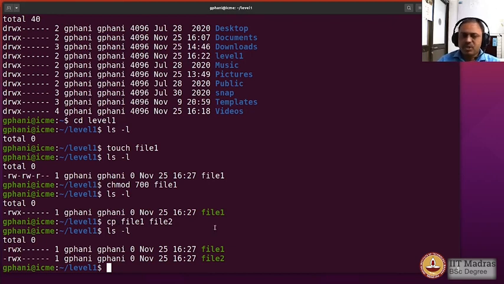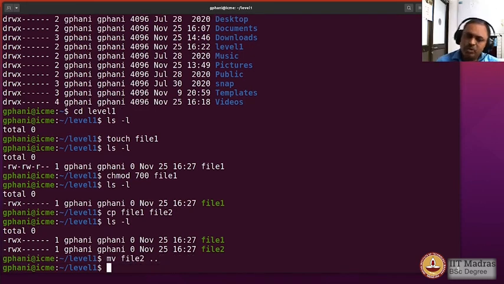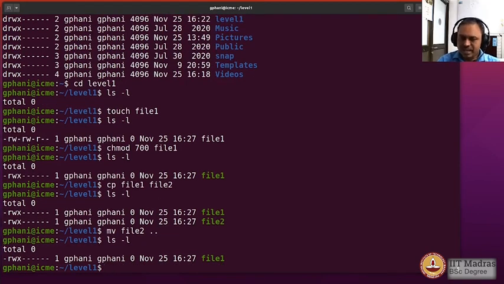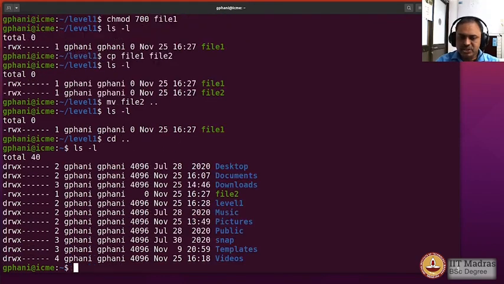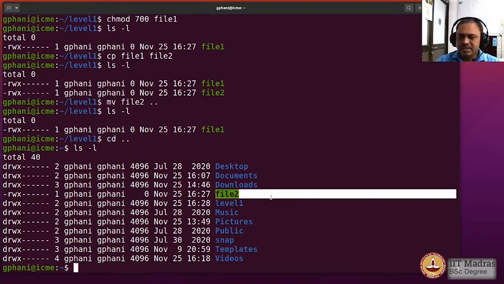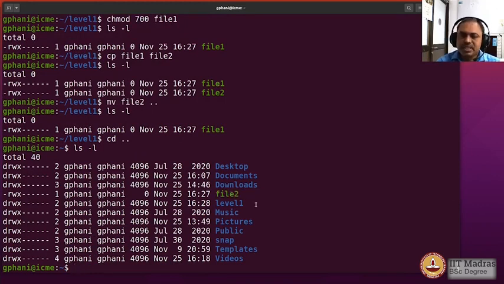Okay, now you want to move these around. Let us say you want to move the file one level up, to the home directory. So you could just say mv file2 .. Double dot is a short name for the parent directory. So if you do this, what happens is file2 is going to go into the home directory. Let us check if it has been done. So first of all, the file is not available in this particular folder. Let us go to one level above and check, and sure enough the file has been found in the home directory because we have moved it one level up from the folder called level 1.